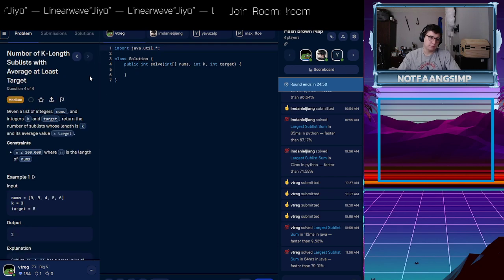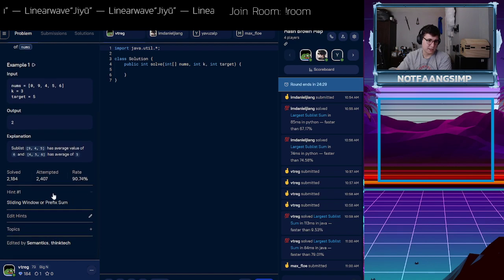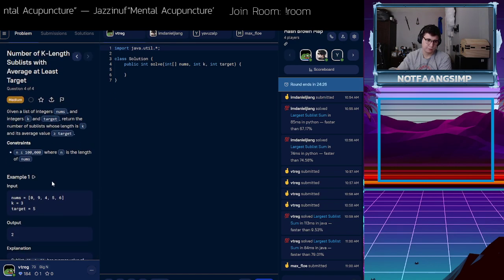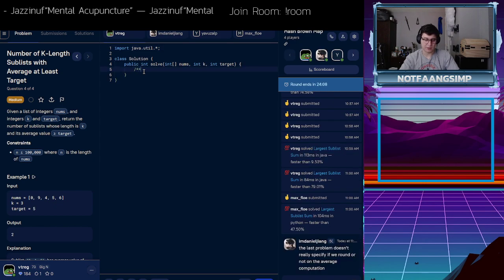Okay. Number of k-length sublists with average of at least target. So, this one's also prefix sum, and it's not helping me in the slightest because I'm terrible at prefix sum and not sure how to approach this. But what we're going to do is try and figure out sliding window or prefix sum. Wait a minute. So, given a list of integers and a target, return the number of sublists whose length is k. Oh wait, the fixed length makes this easier. If it was like number of sublists in general,